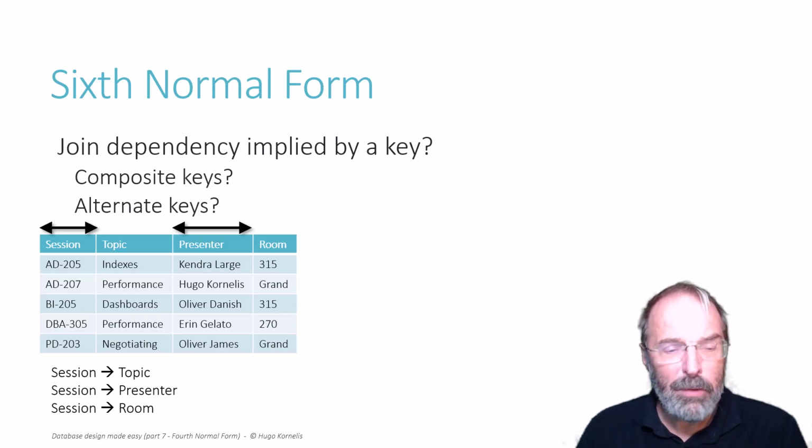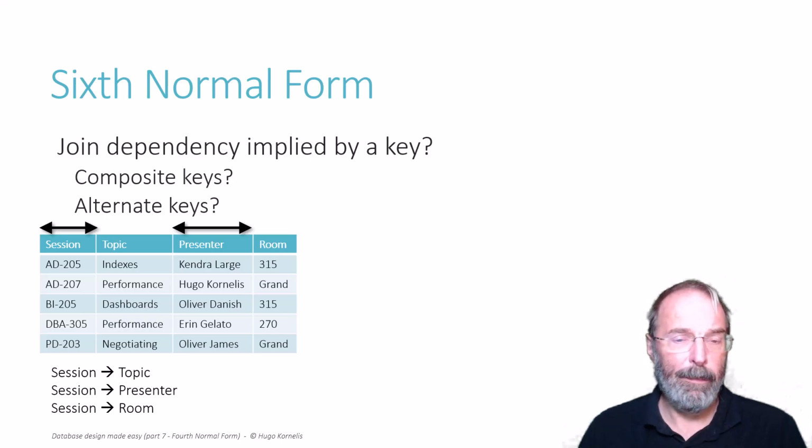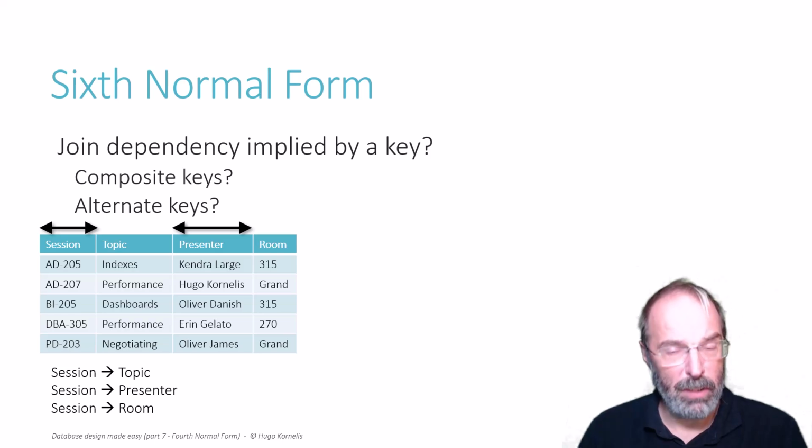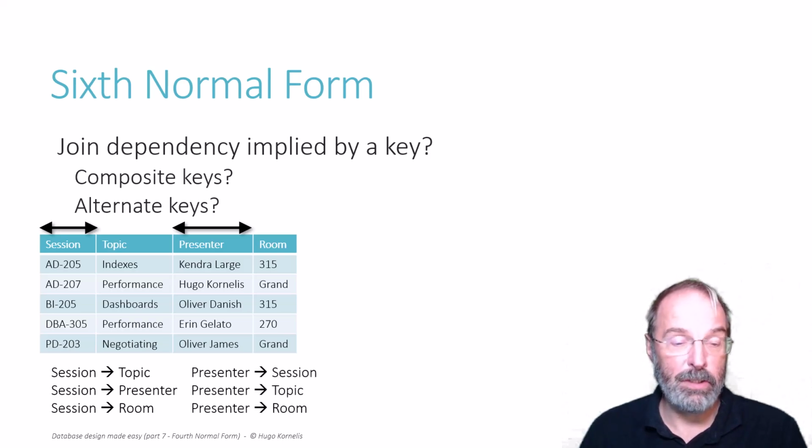but in this universe of discourse, the organizer of the conference wanted to host as many presenters as possible, and they did that by giving every presenter no more than 1 session, so that every session has a different presenter. A result of that additional functional requirement is that there are now also functional dependencies where presenter determines the session, the topic and the room, and hence this alternate key on the presenter column.